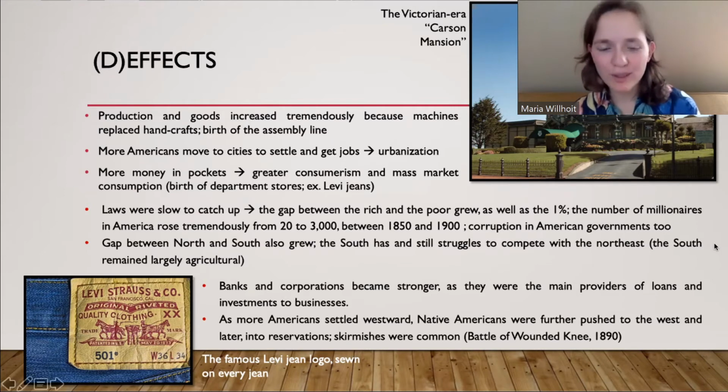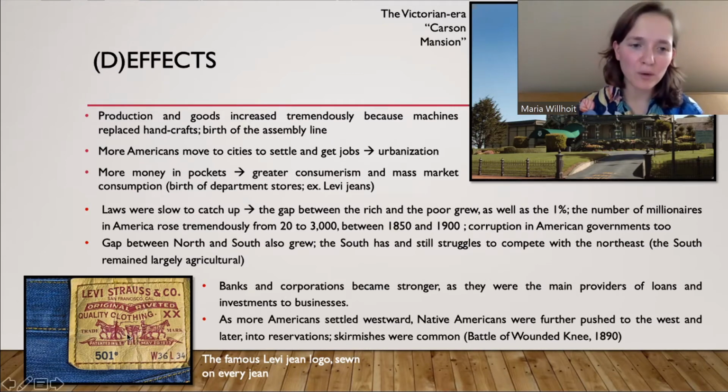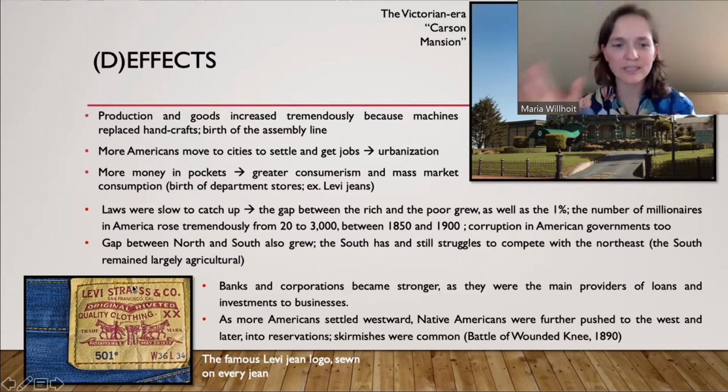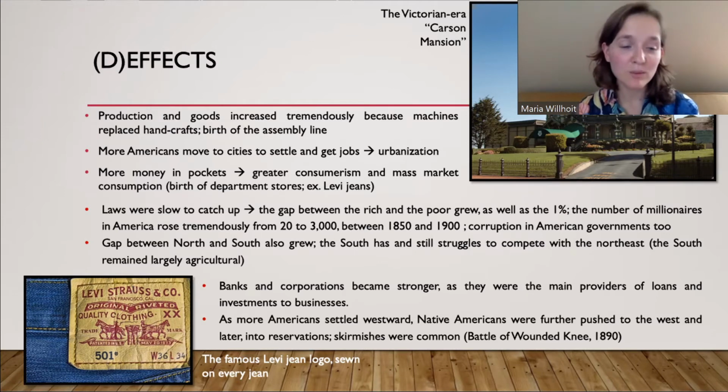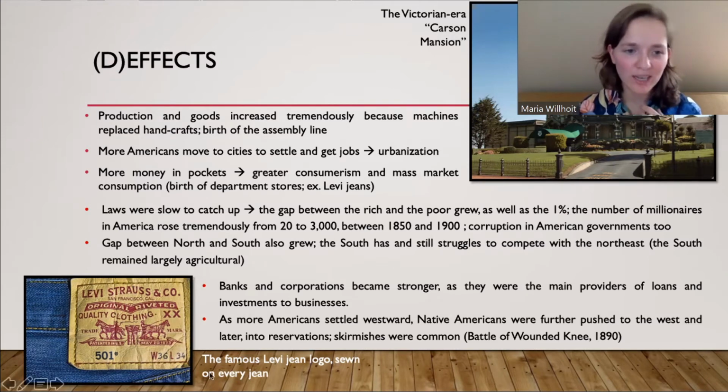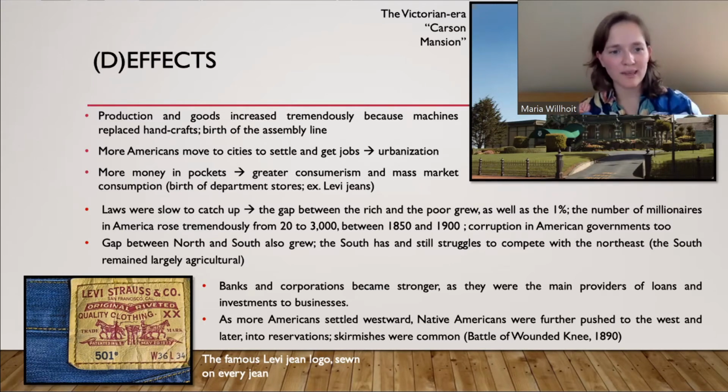And I just wanted to point this out too. I have here a logo of Levi Strauss, the famous Levi jeans. This is what they were famous for: the stitching. I know that sounds weird, but how it was sewn just made for very strong pants. And it was founded in 1873. And this is the same logo that they used in 1873, they still use today.